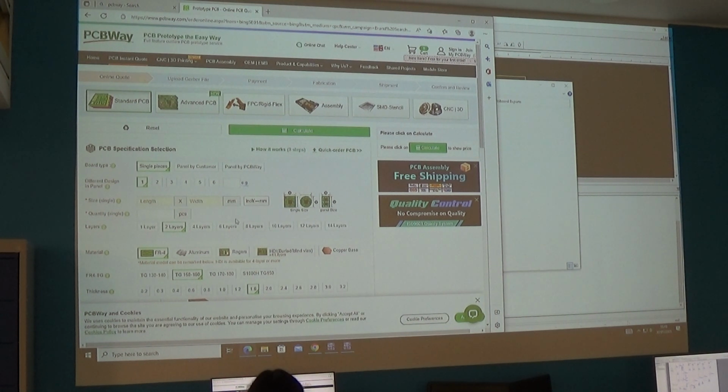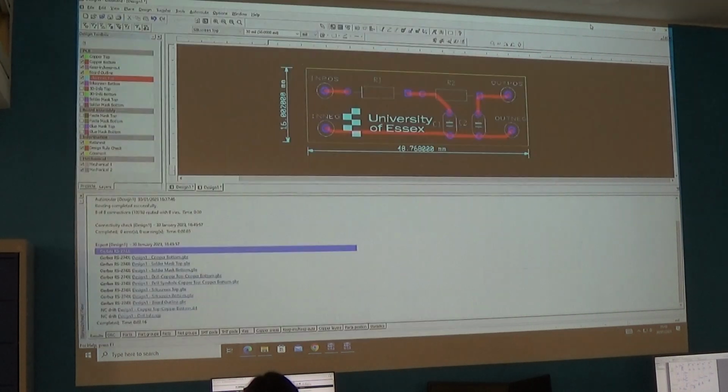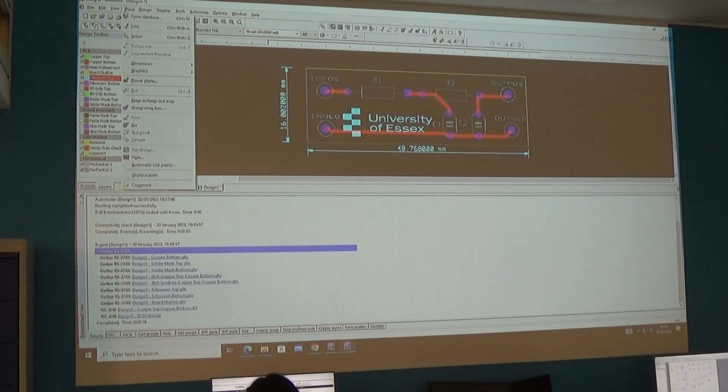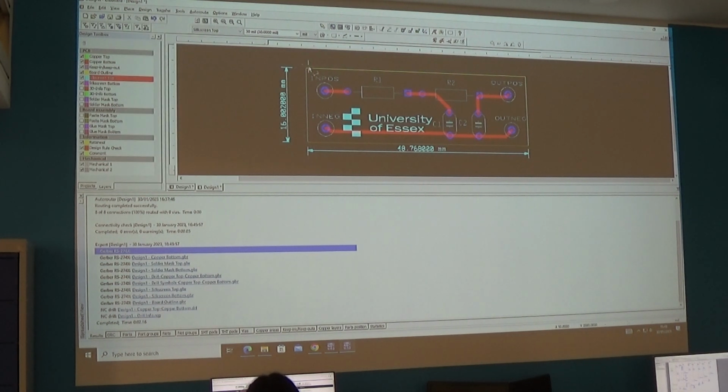Important parameters, it wants my length. Now to get the length from my board, what you can do is place a dimension, a standard dimension, which is what's happened here. And when we place a standard dimension, it will ask where do you want it from, so I can go from here to here, yeah, and then I'm going to get a dimension. It's a little bit too big, the font's too big on there, but what it actually does is it will output this kind of thing. So I know now that my board is about 49 millimeters on the X and 17 millimeters on the Y,